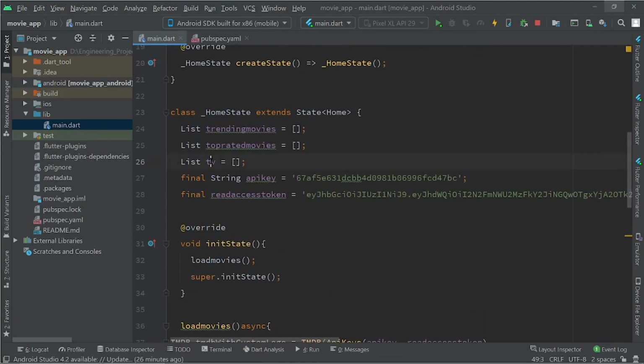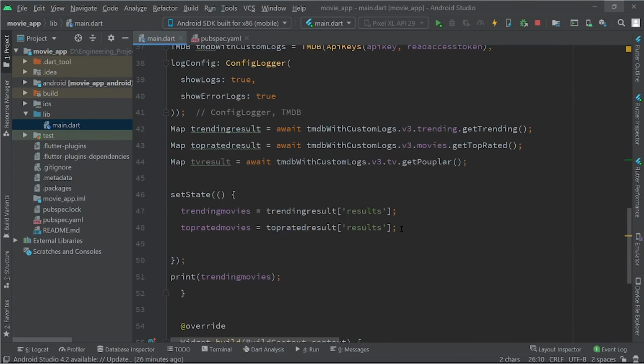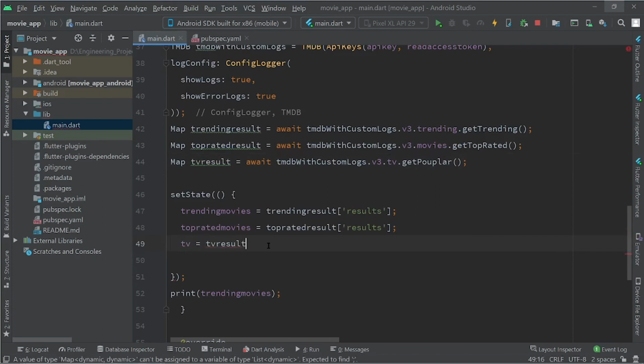Copy this TV list and paste it over here, and it is going to be TV result at results.